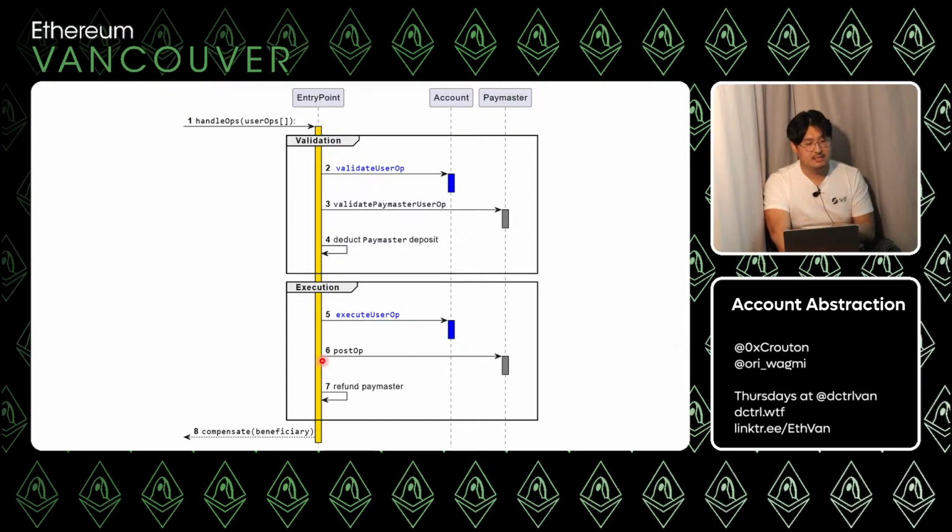After that completes, the entry point will then call back to the paymaster and say, hey, the operation completed, do any more accounting that you need to do. And if there's any gas left over, it'll refund the paymaster from whatever gas they didn't use. And I'll take that gas that's spent, return it back to the bundler, and then everyone's happy. So this is the flow with the paymaster. Make sense? All good? Cool.